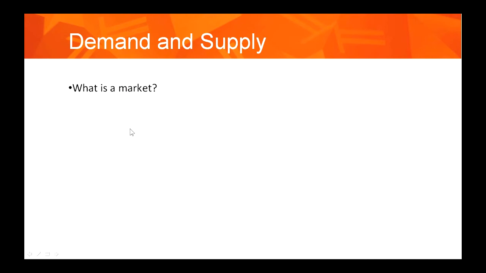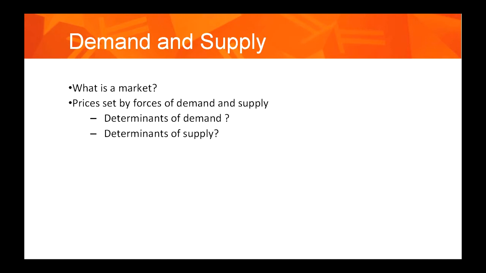Module 2 is about supply and demand, and it starts by asking what a market is. Well, a market is any arrangement, it doesn't have to be a physical place, but any arrangement where prices are set through the forces of demand and supply. So the first thing we need to know is what are the determinants of demand and what are the determinants of supply, and then we bring them together to show how a market price is set,